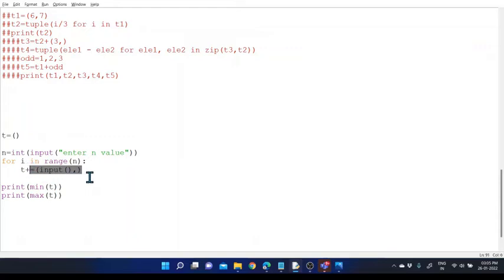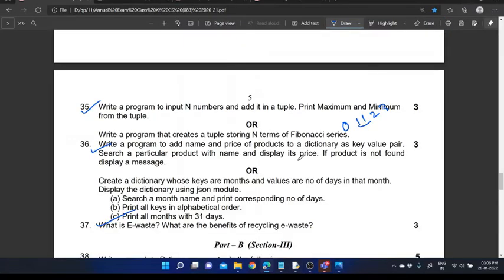We accept the value within the runtime and then we add it to the existing tuple. So the address location will be different, but they will take the tuple together. So that's the logic, or otherwise you can use any other logic also. Then here is another one for generating the Fibonacci series, and then another question is write a program to add name